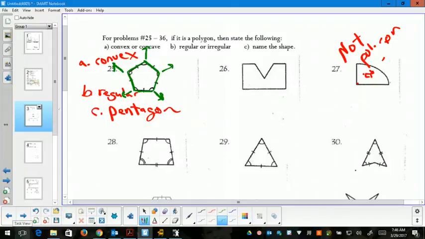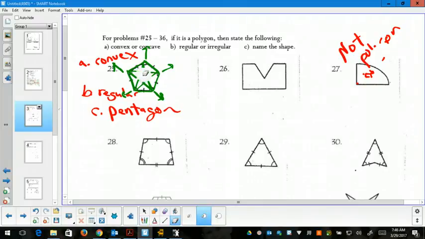Another way to tell is to check where all the diagonals are. If I connect all the diagonals, all of them would fall inside this shape. None of them would fall outside the shape. And so it's going to be convex as long as all the diagonals are in the shape. For example, when we look at 26,